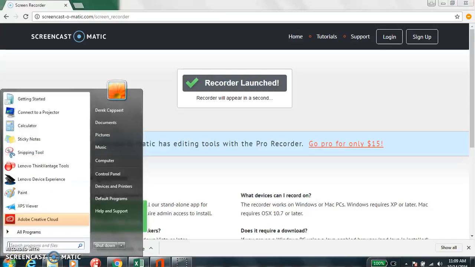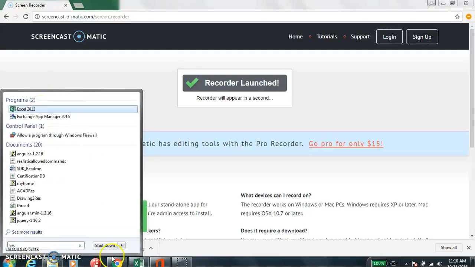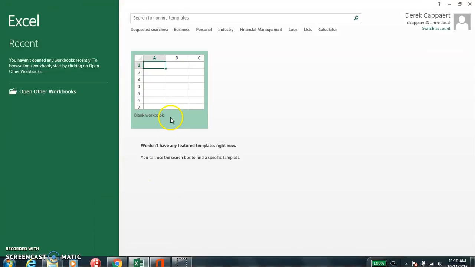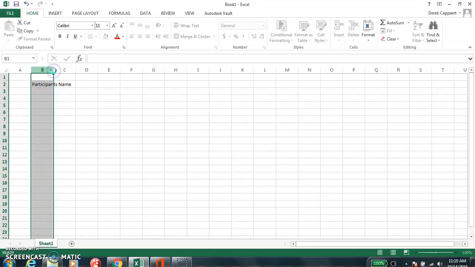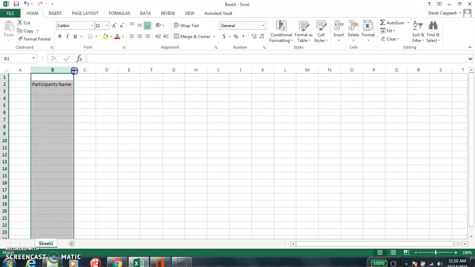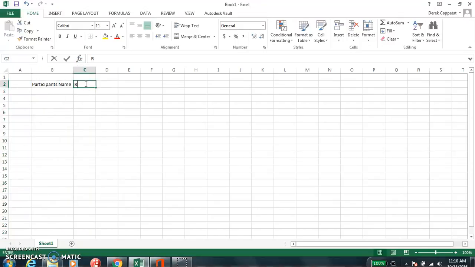So you first want to open up Excel. To find Excel, just do a search here and open up Excel. When you open up Excel, you want to do a blank workbook. You want to start entering in your data, so participant's name. In order to increase the size of this column, you can just double click right between the columns and it'll make it the appropriate size. You want relationship,